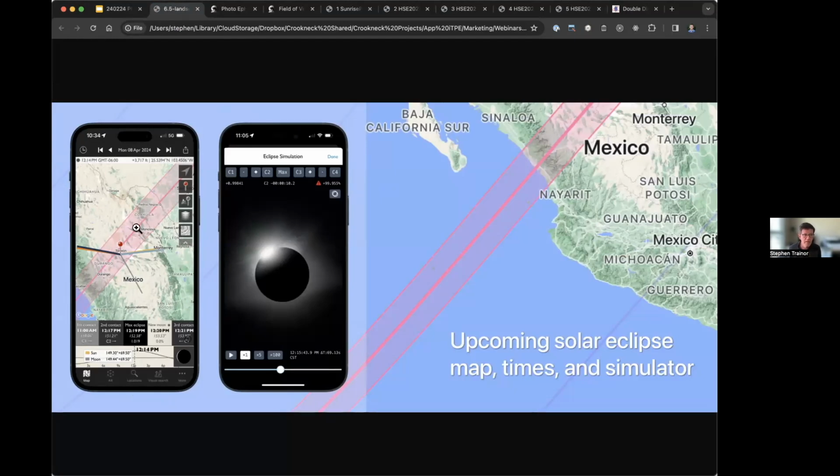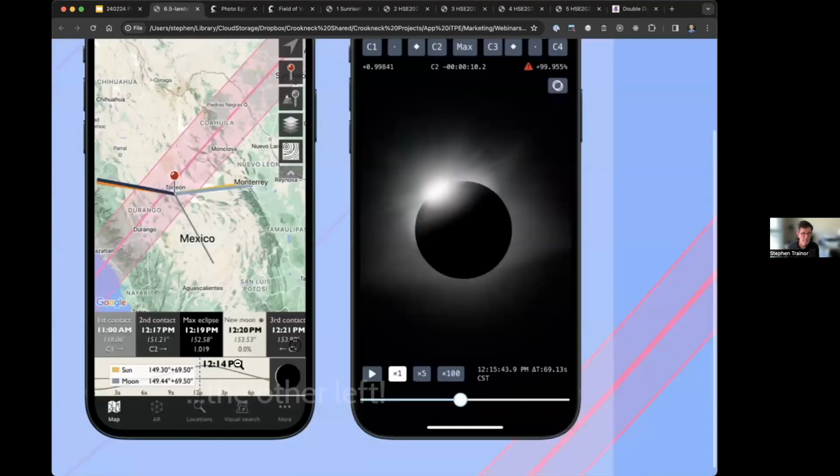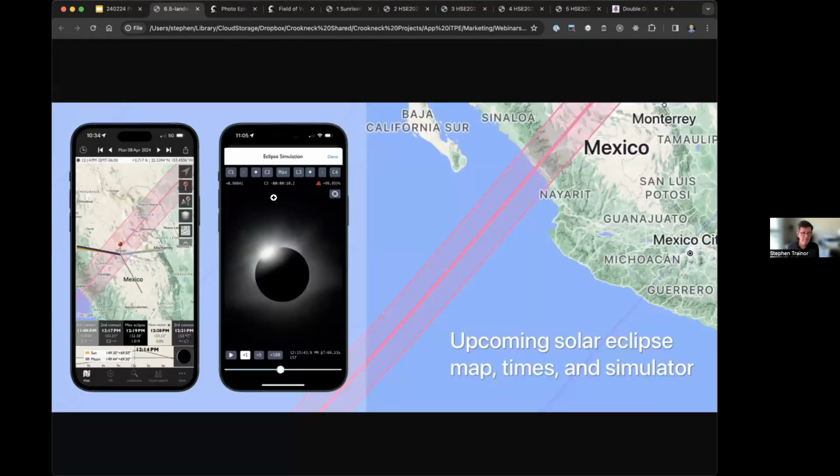You have the eclipse path for April 8th. It's included in the app. It's available offline. You have the local circumstances, so the contact times we talked about, C1, C2, C3, C4, in the timeline. You have what I call the mini eclipse simulator down there to the left. I can zoom in on that a little bit. And this is where you adjust the time of day, and this gives you an indication of when you're in totality or partial. And if you tap that simulator, it pops up the full simulation,